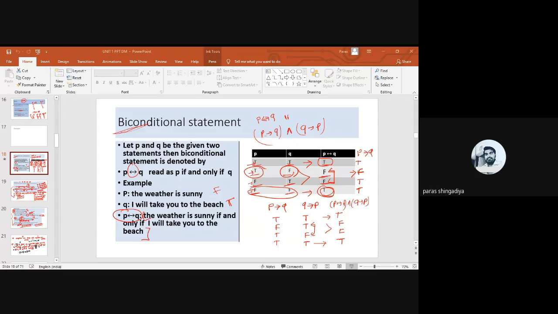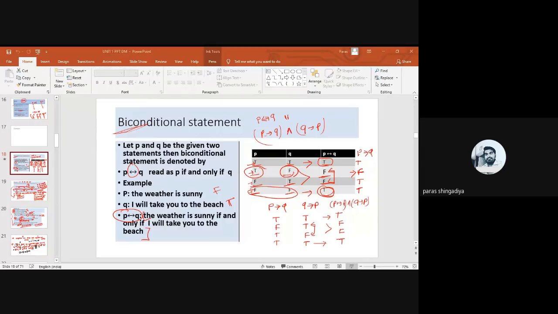And then contradiction. So what is the meaning of contradiction? It's the reverse. A compound statement is always false, no matter what the truth value of the given statements involved in it. That is called a contradiction. It is the reverse of a tautology, meaning in the final answer all the values should be in the form of F. So such a compound statement is known as a contradiction.